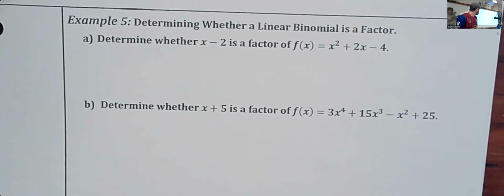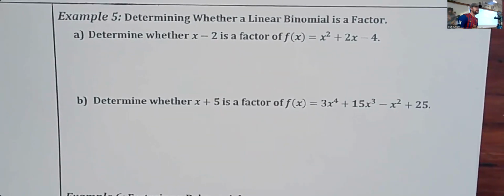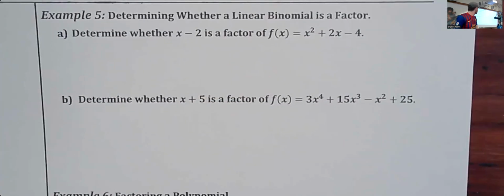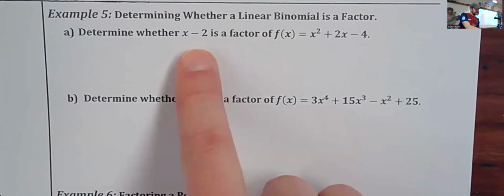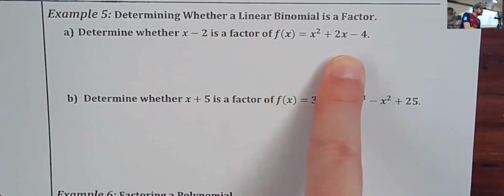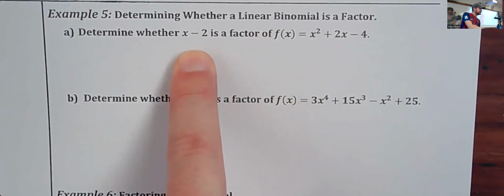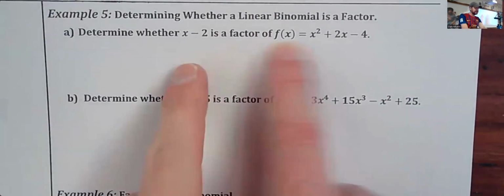Now, I'm glad that I've been mentioning the whole thing about what is a factor and what isn't. And I mentioned, it doesn't really matter if it's a factor or not. It just is or isn't. But the fact that you know that now is going to make these a lot easier. Because if this is a factor of that, then this would divide evenly by that, right? Meaning there would be a remainder of what? Something's a factor. What's the remainder? 0. So what we're going to do is use polynomial division